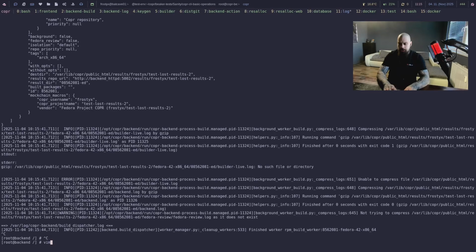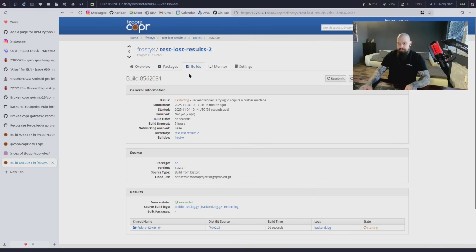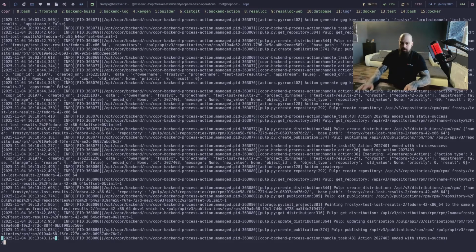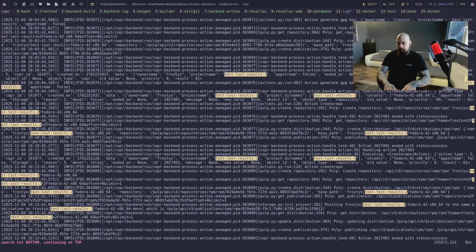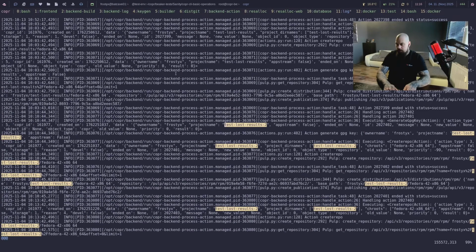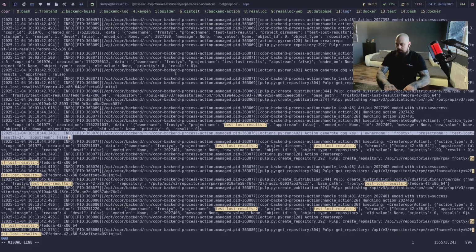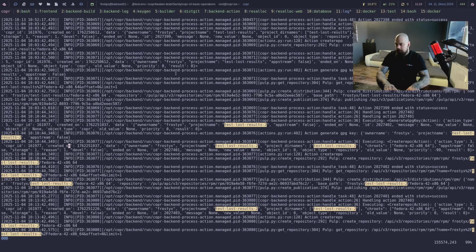If we check just the action logs, /var/log/copr/actions.log, do we have, if we search for this, okay, so this is the very first line. Generate GPG key, executing,